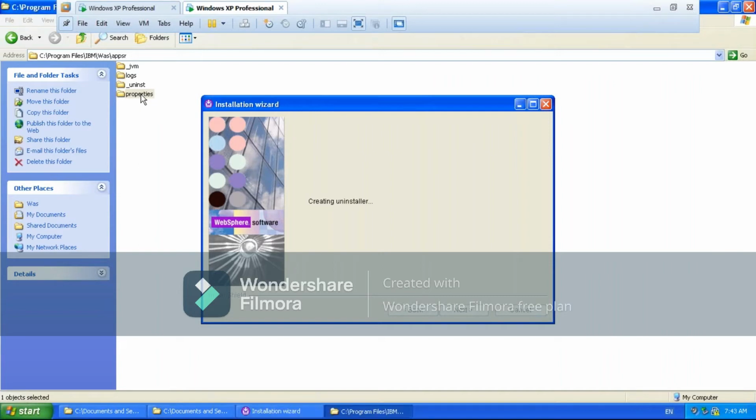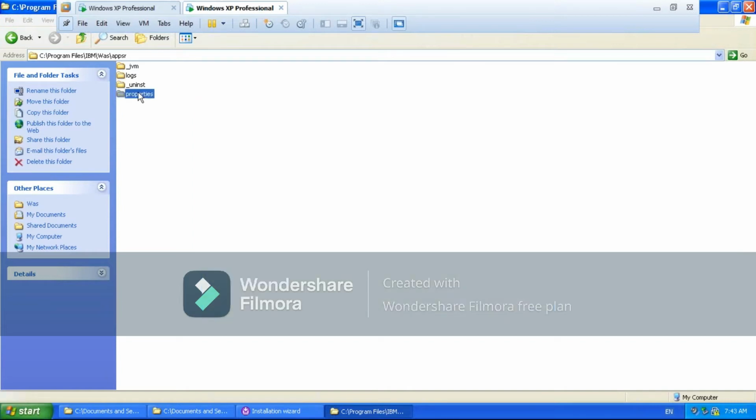What is the heart of your WebSphere? The heart of your WebSphere is the profile. So how is the profile created? By using the product binaries. Where are the product binaries available? In this WAS home. So who decides the WAS home path? While installing, you decide.